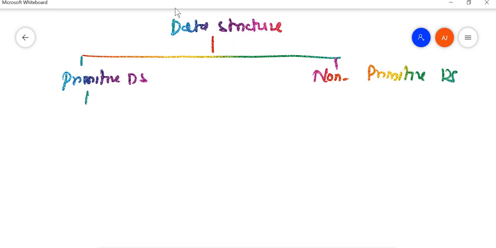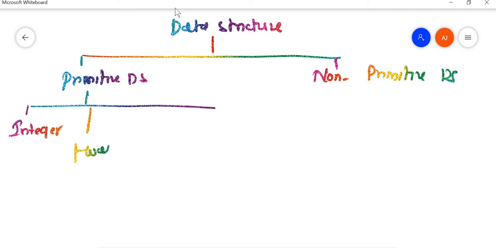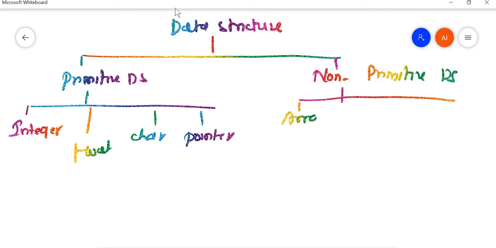Primitive, as I told you, is acted upon directly by the machine instructions. So the examples will be integer, float, character and pointer, that we have already studied in C programming. And non-primitive will be divided into three parts, that is array, list and files.